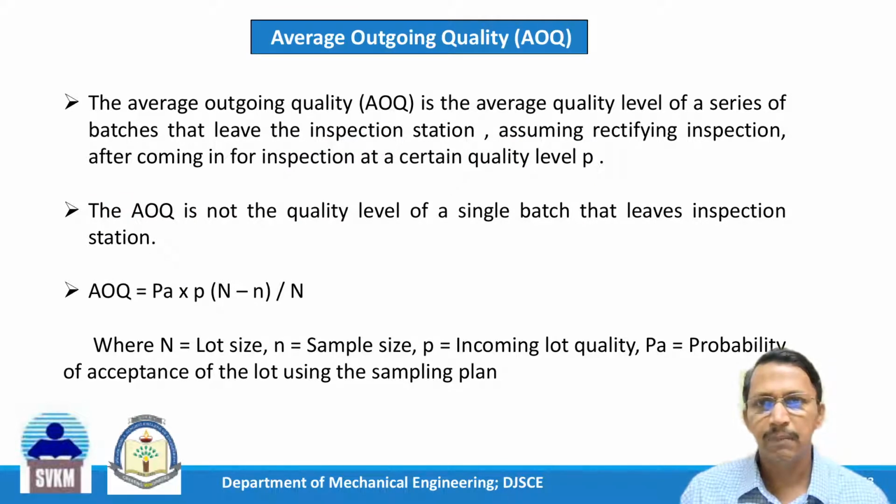Also, it will put pressure on the producer's part, because he will think that if he does not improve the quality of his products, he may have to face rejection, and then he may have to invest more for rectifying and replacing those rejected components. So more cost is incurred in this exercise. That's the reason why he will improve his quality processes and see to it that he is producing good components which are always acceptable.